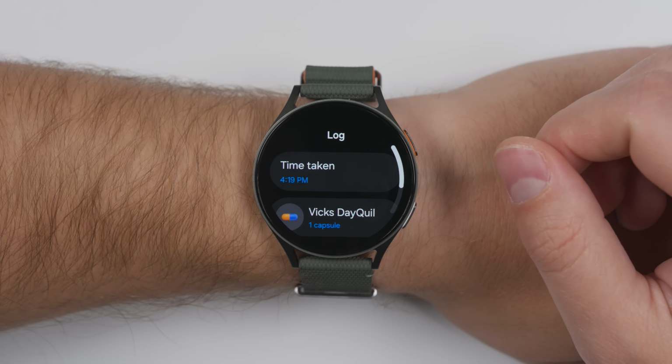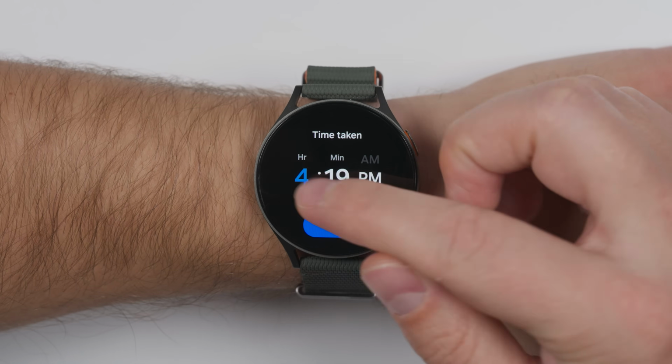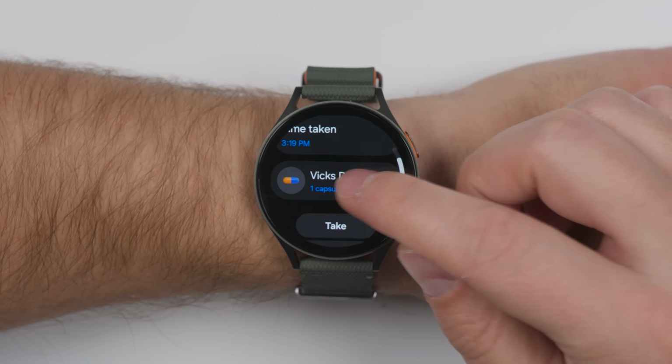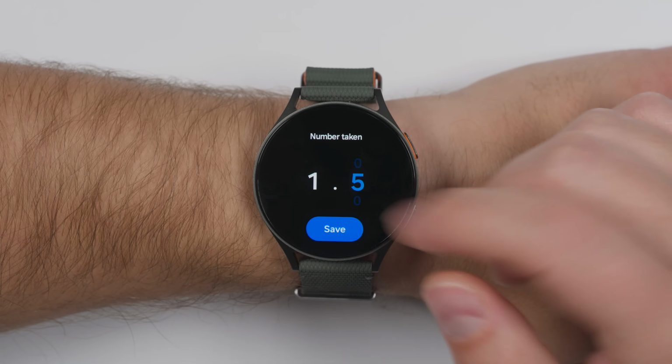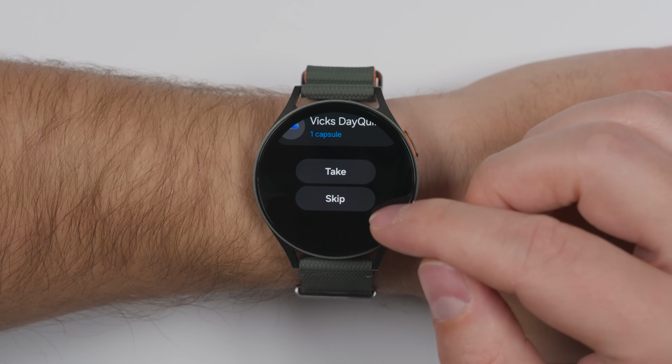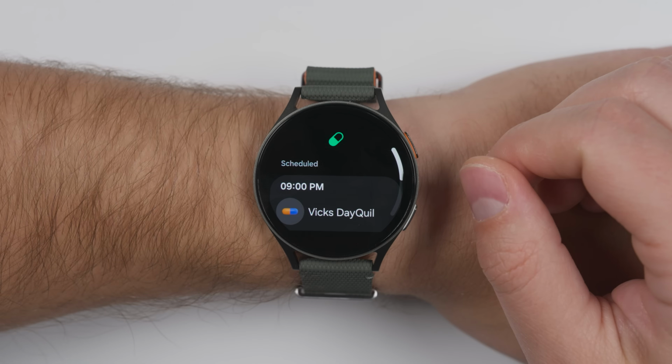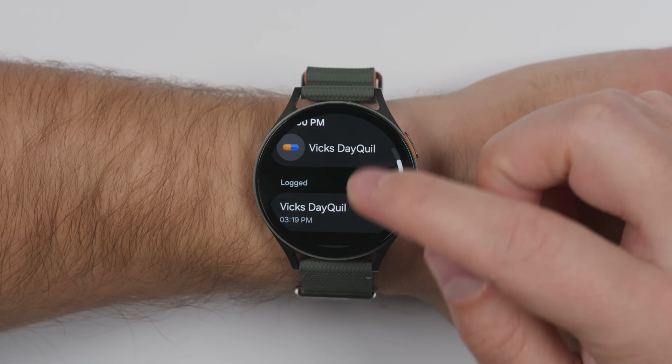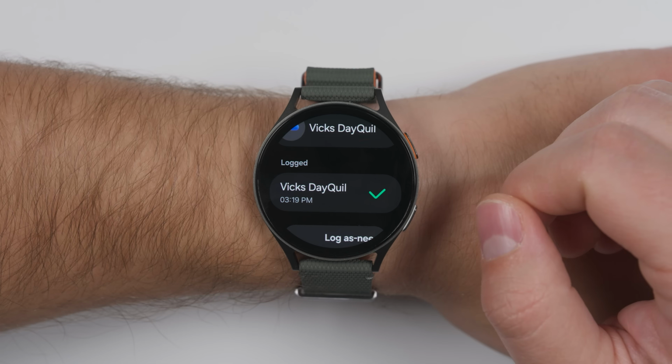If you tap one of the specific medications, you can set the time that the medication was taken, change how much medication was taken in half-dose intervals, and at the bottom, you can either skip that medication or take the medication. Once it's marked as taken, if you scroll down, you'll see your logged medications,